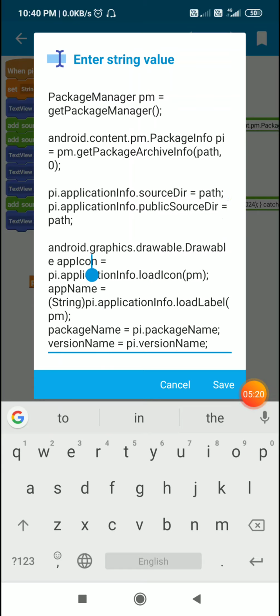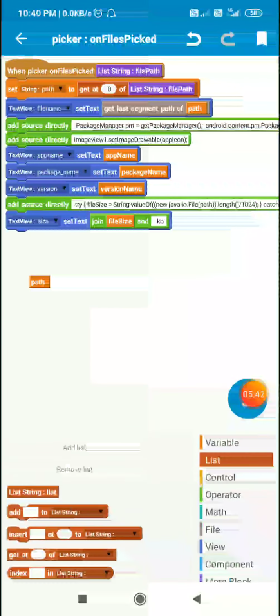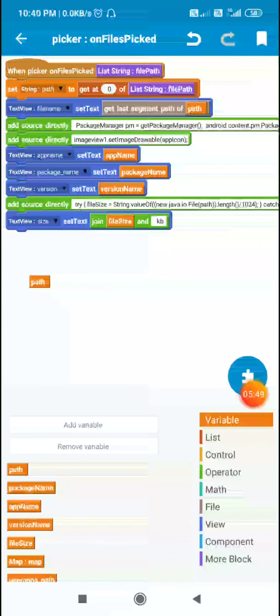And after that I define a drawable called app icon. This is equal to pi.applicationInfo.loadIcon pm. So this will get the app icon, and that will be in drawable form. Next I define a string variable called app name, for which I have created a new string variable called app name.